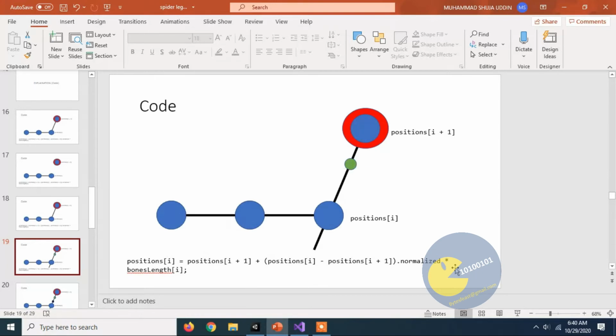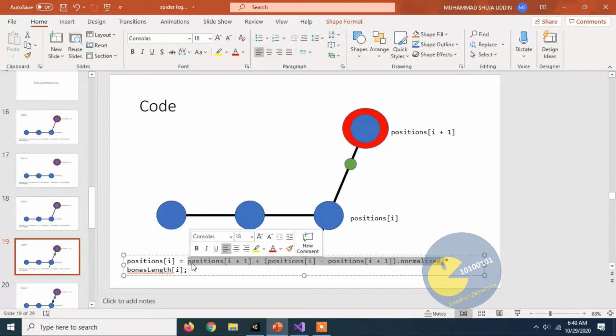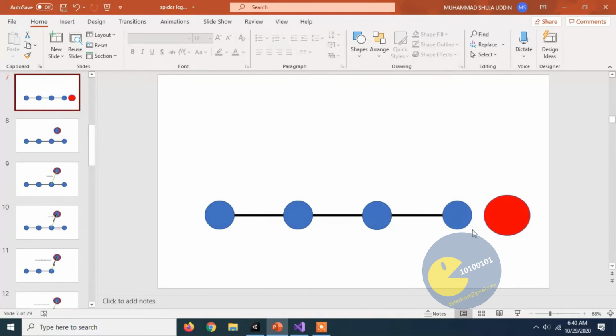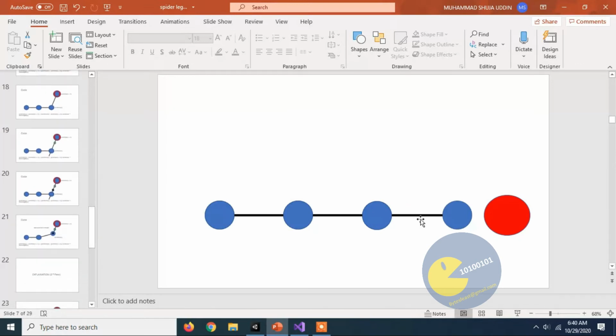So after normalizing, all the values would not be greater than 1, and so from here we are here right now until this part of the code, and after that we are multiplying it with the bone length. It is the length of the bone when it is placed like this, so it is equal to this bone. I am talking about this bone length.